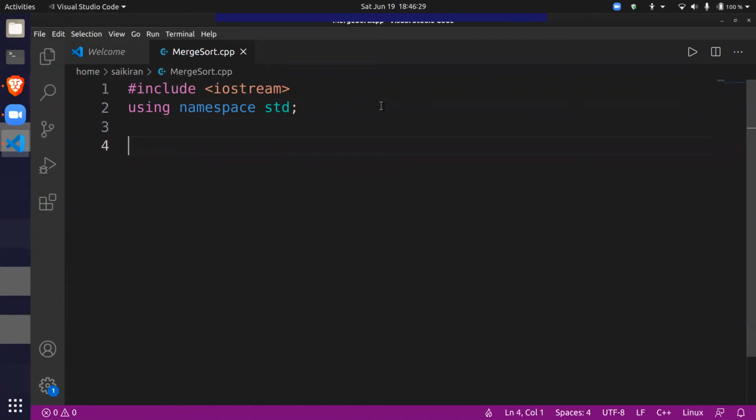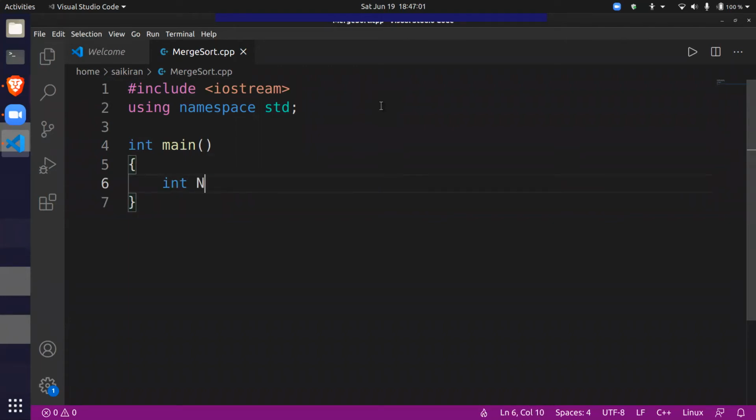So now we'll implement merge sort. We'll take it simply. We'll not be solving any CP problem. We'll just take an array as input from the user and we'll sort it and display it. The main focus right now is implementing merge sort. So I'll open up main and I'll create an array of integers.